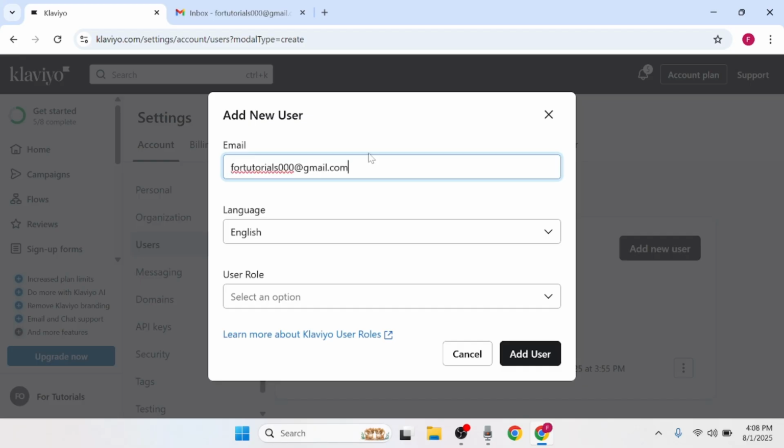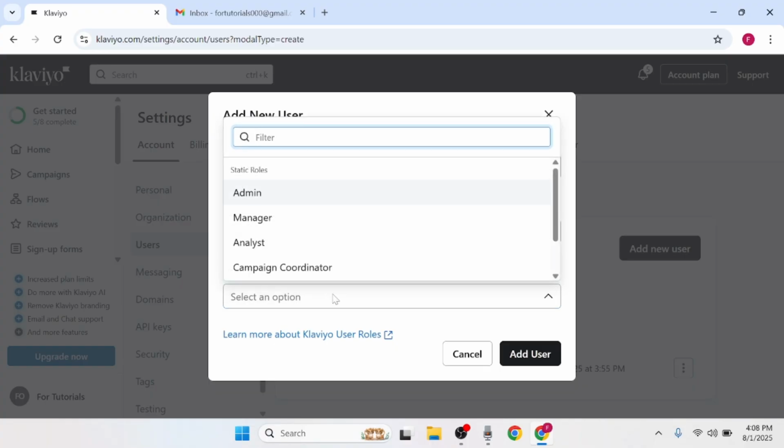Then select their role by clicking on the User Role drop-down menu. Here you will find several options. For example, if you choose Admin, the user will have the same permissions you do, with full access to view and edit anything. Choosing Manager gives them almost full access, but they won't be able to export emails or edit